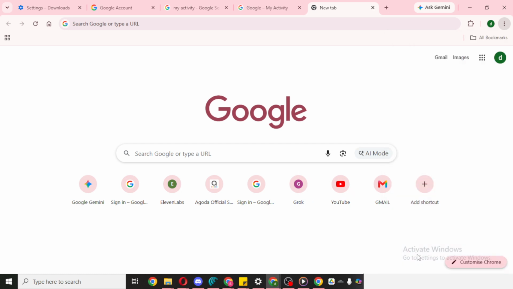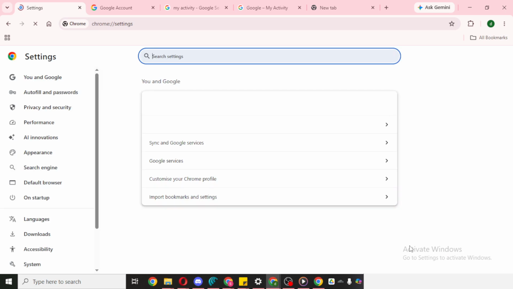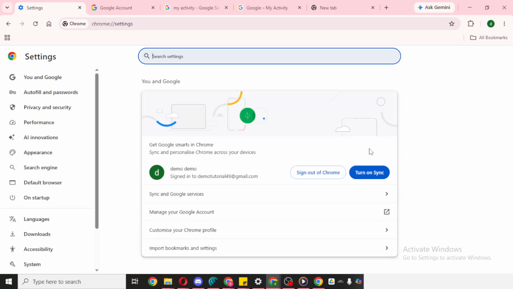This will open Chrome's settings page, where you can manage privacy, security, and how websites behave when you visit them. If you don't usually spend much time here, that's completely fine. We're only going to a specific area related to sound permissions. Next, on the settings page, click Privacy and Security.